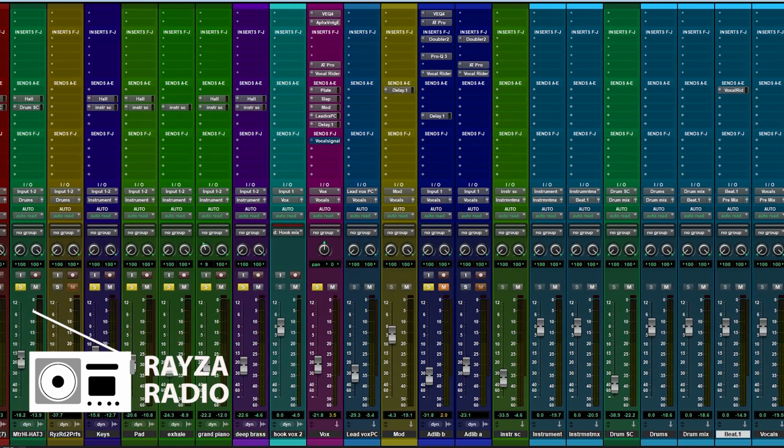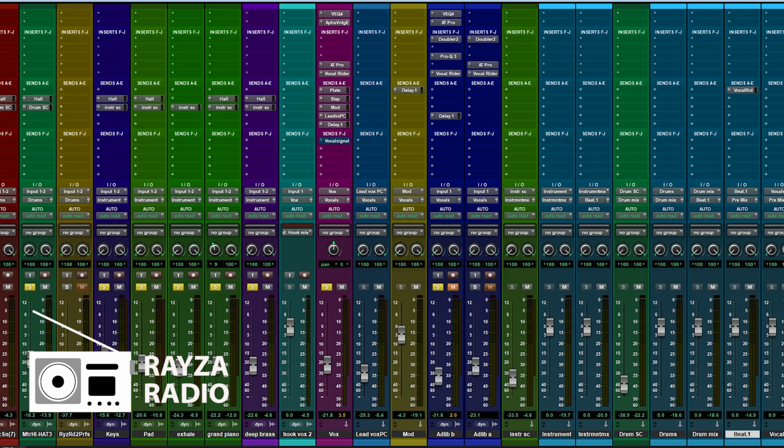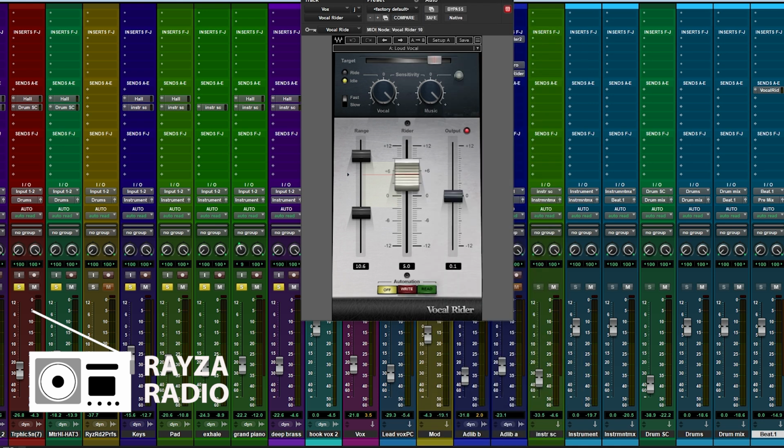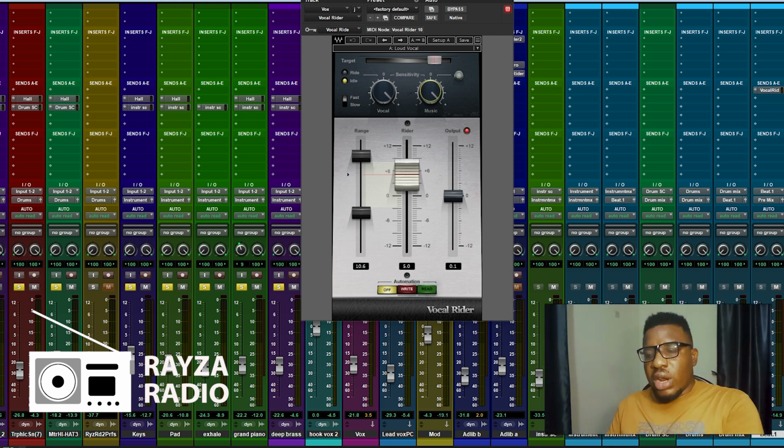Then in the vocal rider on the lead vocal, I enable the beat signal I sent out from the bus as a sidechain input in the vocal rider. So that drives the sensitivity of the vocal rider plugin to ride the fader of the vocal channel. And when I play the song again,